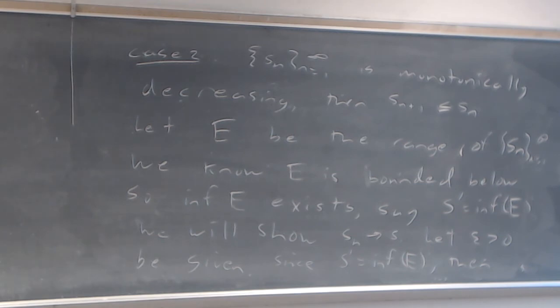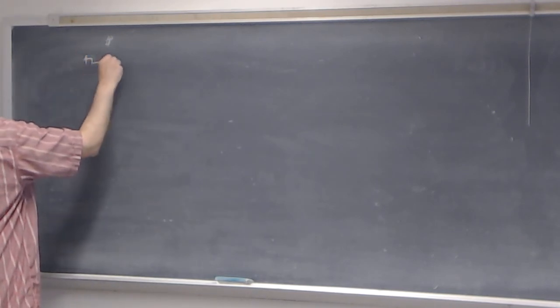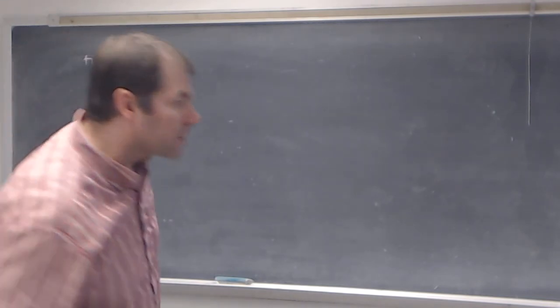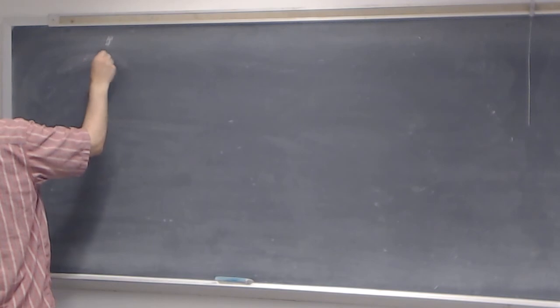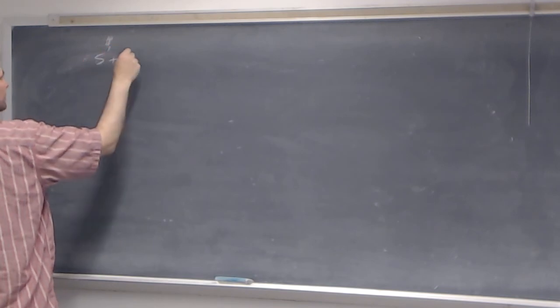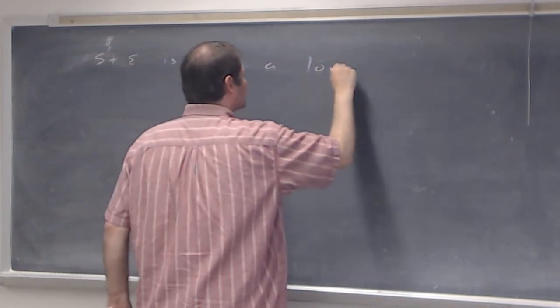We're getting close to being done. Then S prime plus epsilon is not a lower bound